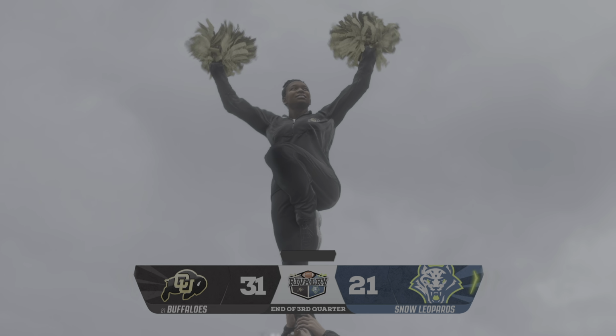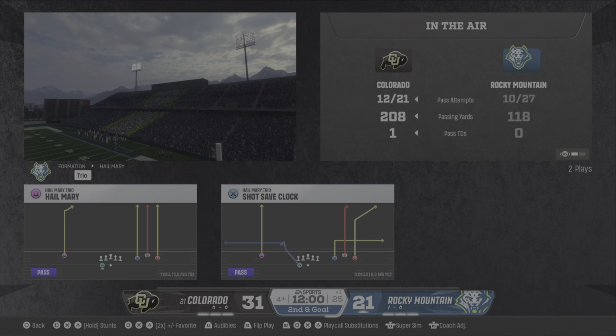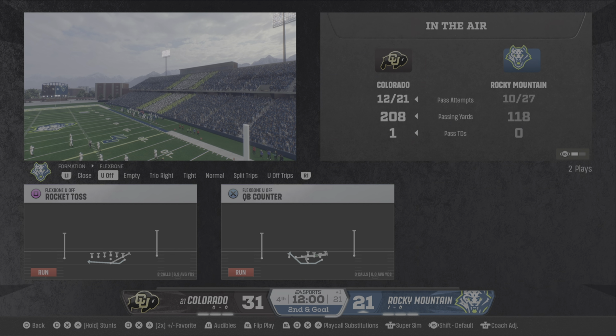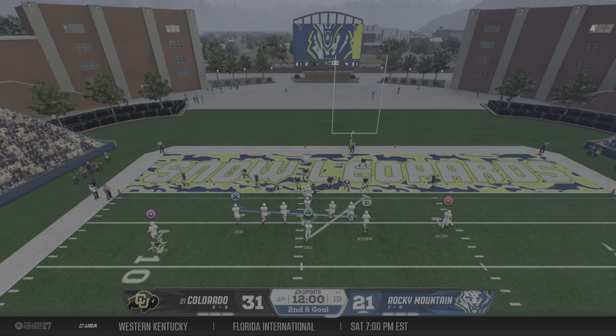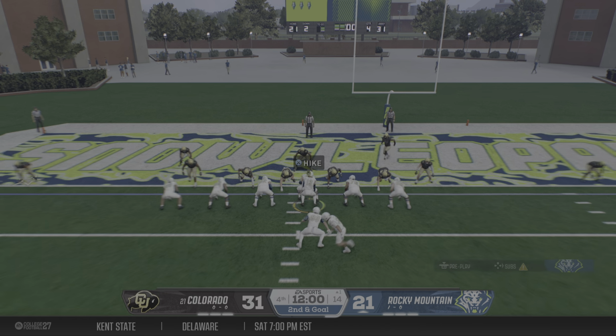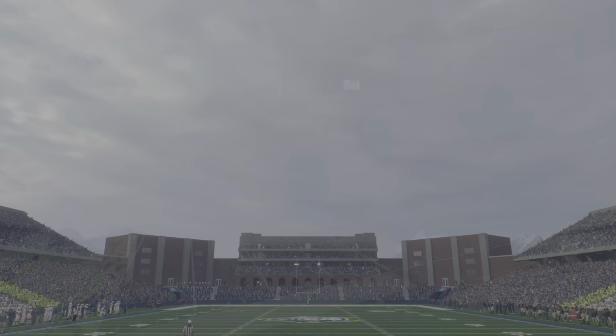Big catches, big plays, tons of yards through 3 quarters for these two guys. They'll try to open the quarter by cashing in on this big opportunity deep in the red zone. Ready, go! And he's in!